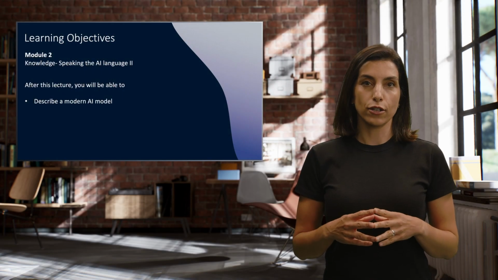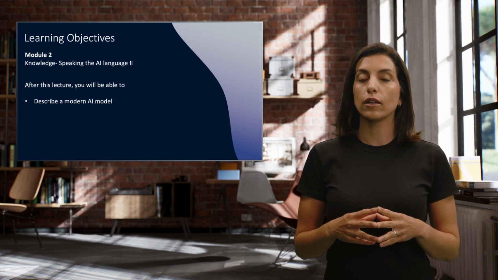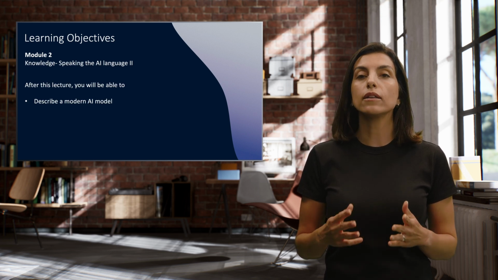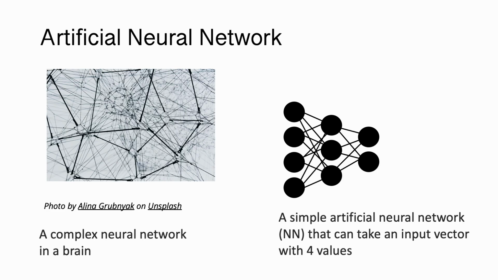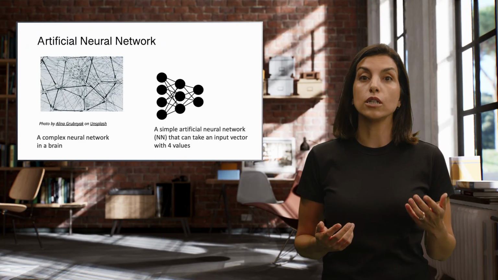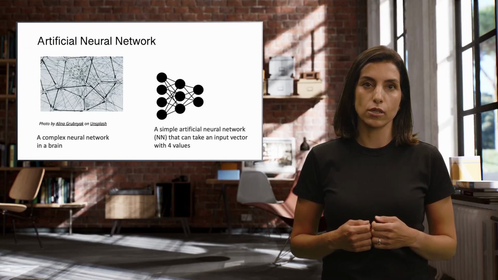After completing this lecture, you can describe what a neural network is as the mainstream model that is used in today's AI products. On the left side of this slide, you see a neural network in the brain, which is the computational block to process information. On the right side, there is an artificial neural network that is used to process data in artificial intelligence. There are similarities between these two units and, of course, differences.